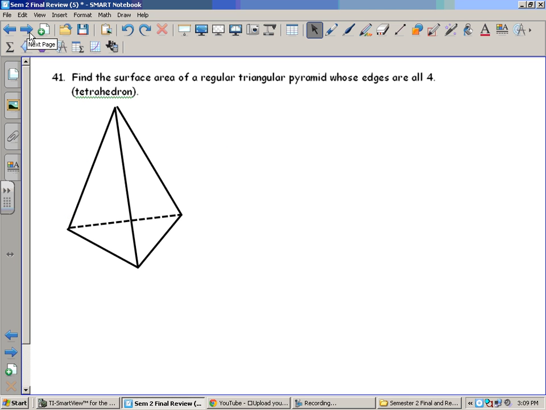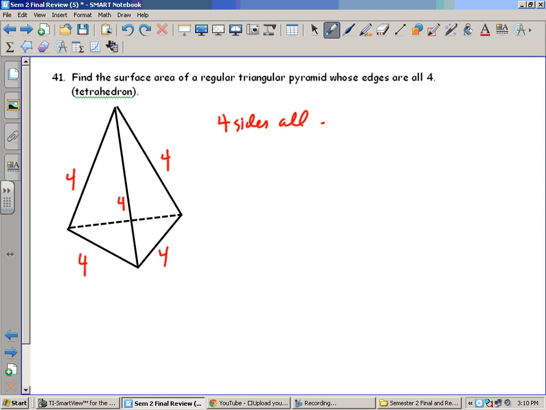All right, last one we're going to look at before we switch it again. The surface area of a regular triangular pyramid whose edges are all 4. So since it's regular and it's triangular, okay, it's a tetrahedron. Basically what you got are 4 sides,